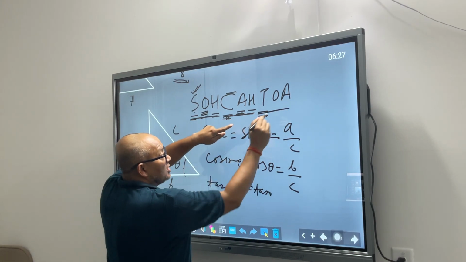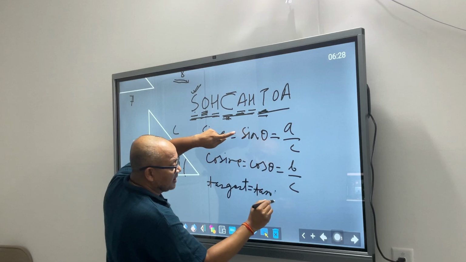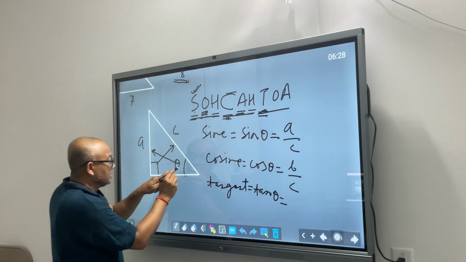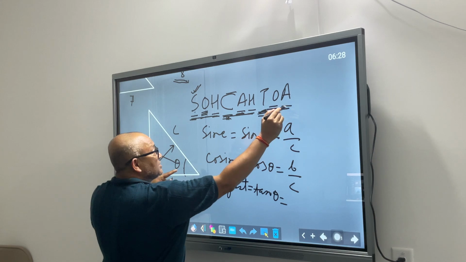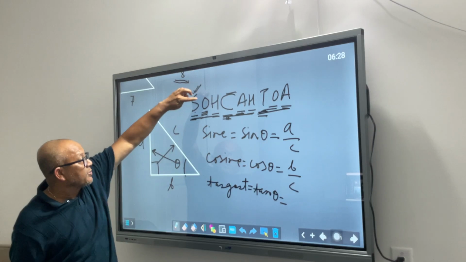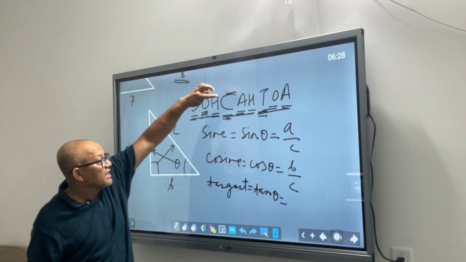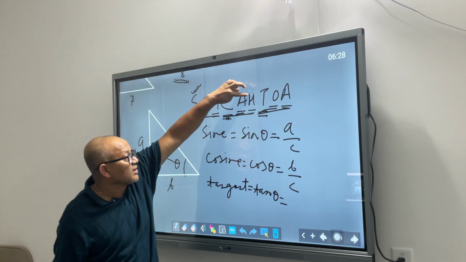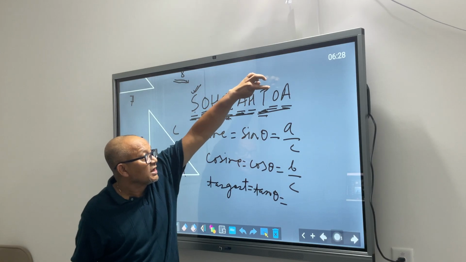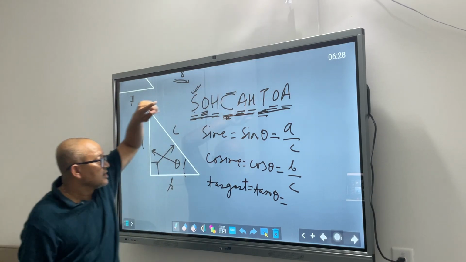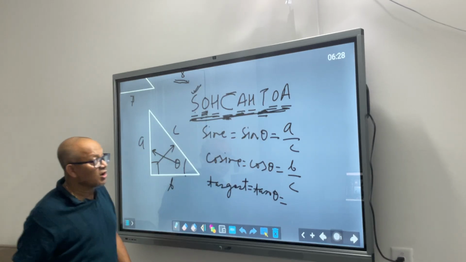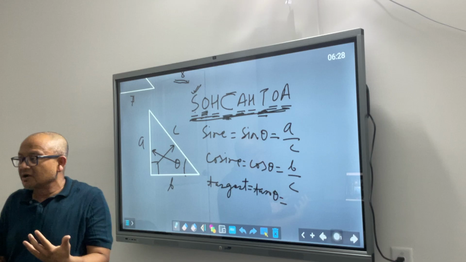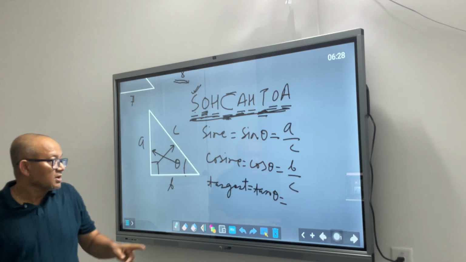And tangent of an angle theta is equal to opposite side by adjacent side. So O stands for opposite, H for hypotenuse, A for adjacent, H for hypotenuse, O for opposite, A for adjacent. So now if you look at it, SOHCAHTOA tells you how you define your trig ratios, sine, cosine